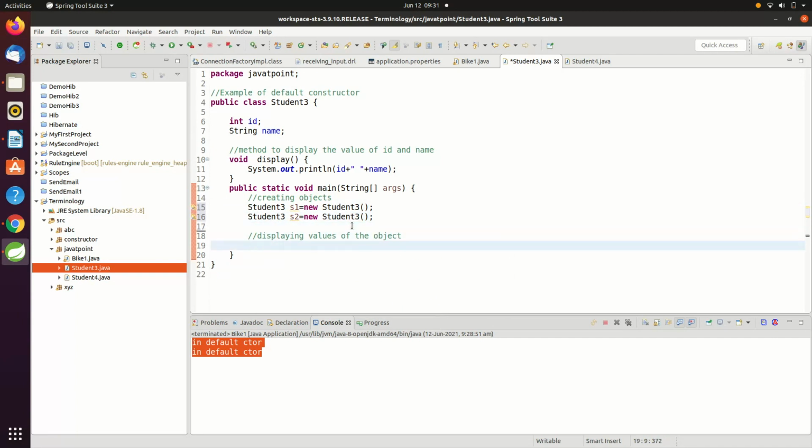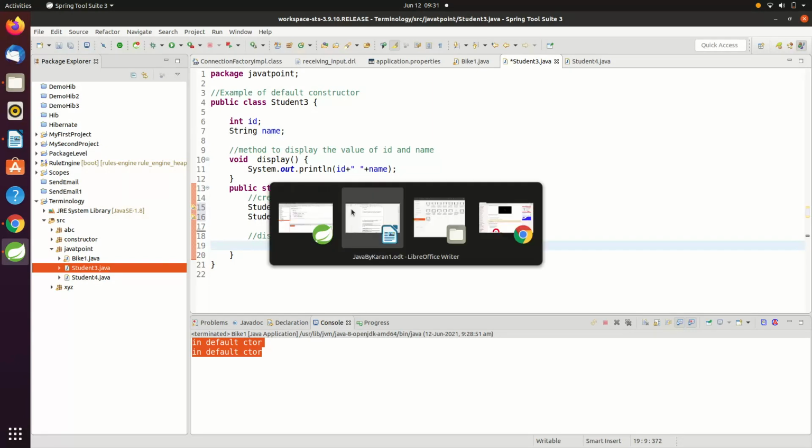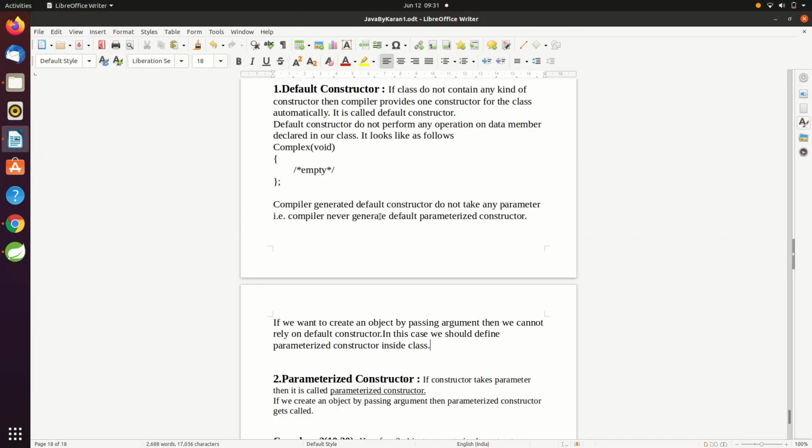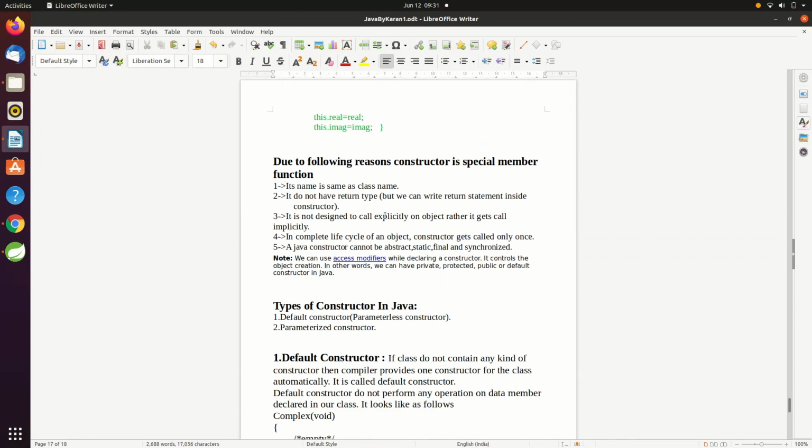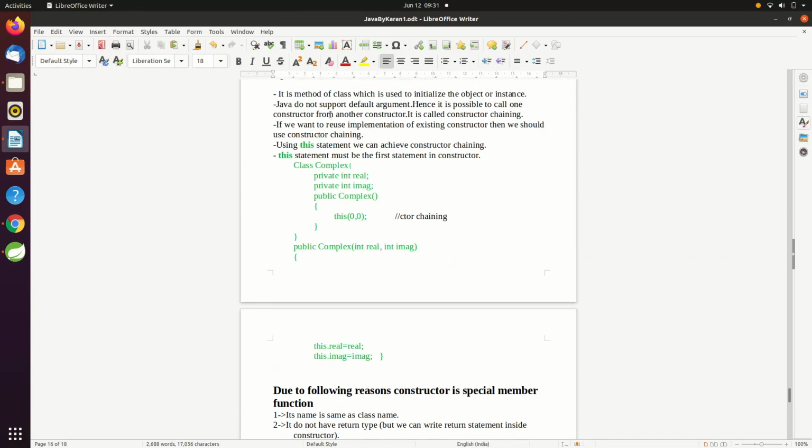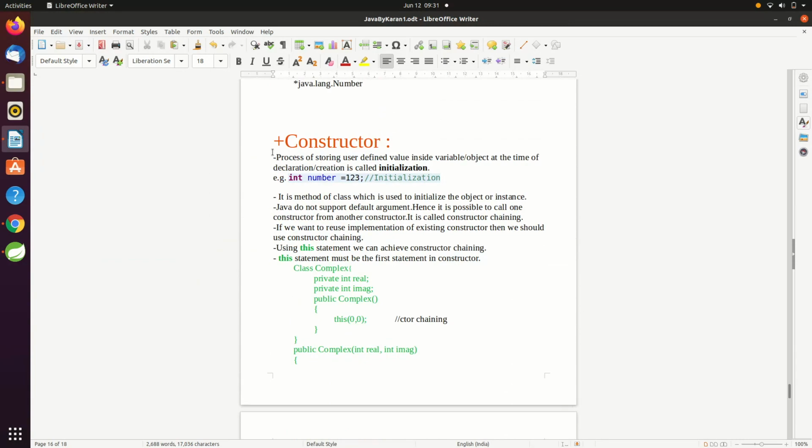Instance creation is done. Now guys, I have told you in the previous video, let me open the PDF, I have shown you one point: the process of storing a user-defined value inside a variable or object at the time of declaration or creation is called initialization.